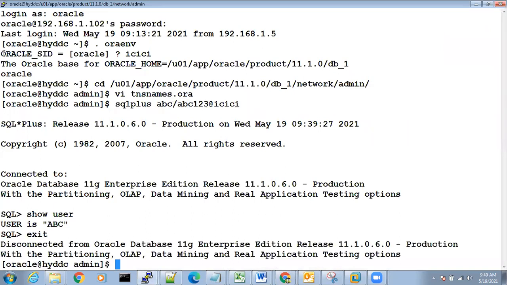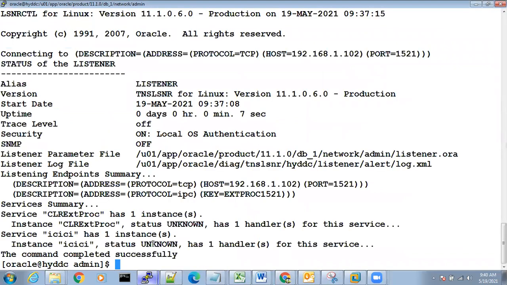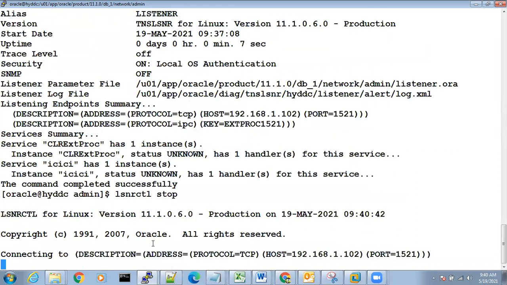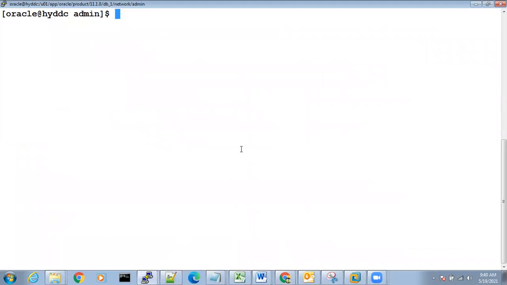Let's see. As I said, I'll prove this in the practical session. So this is a practical session. Let's make this listener down. lsnrctl stop. So I'm stopping the listener, and the user wants to connect. sqlplus username/password@ICICI.